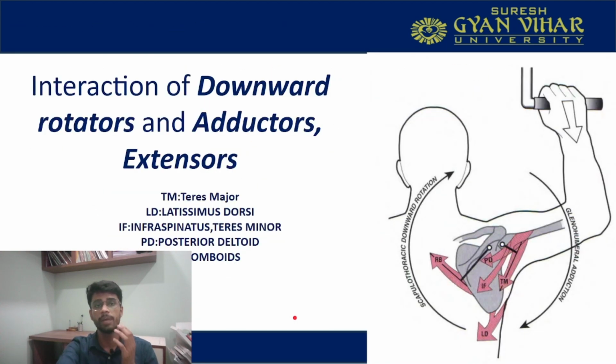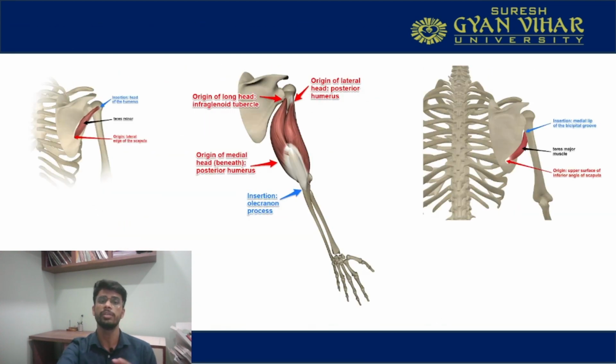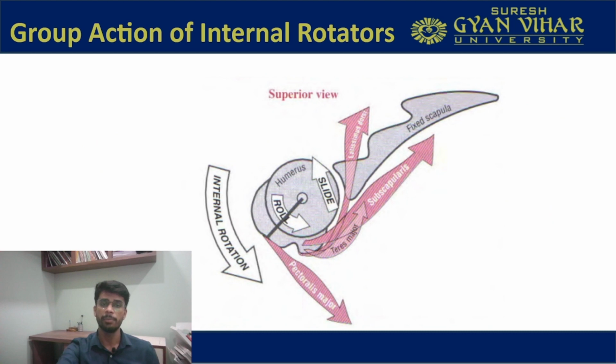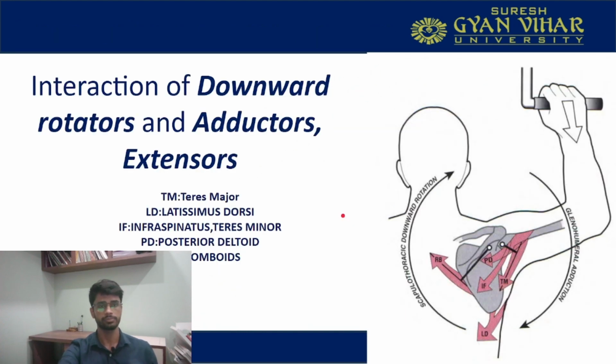Now we will see about the internal and external rotator muscles. This is an example depicting the internal rotator muscles, how they cause the internal rotation. This is your pectoralis major muscle, which is responsible for the internal rotation. Also the teres major muscle is there, and the subscapularis muscle, and to some extent your latissimus dorsi is acting for the internal rotation.